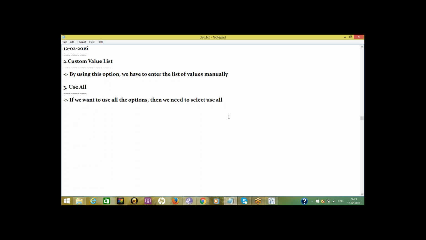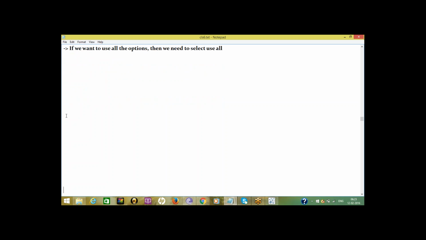Next one is wildcard. In general, we have three: select from list, custom value list, and user. The second option is wildcard in textual data.